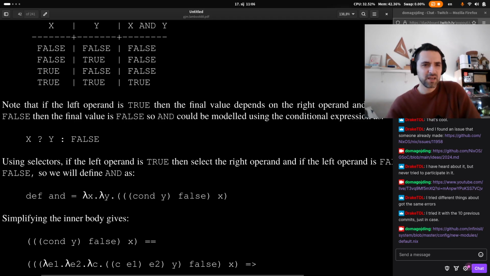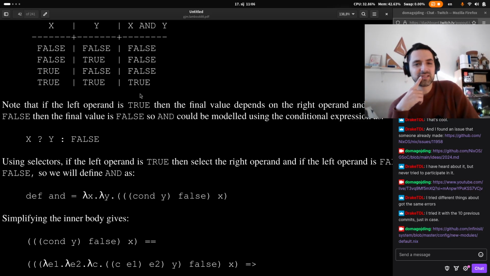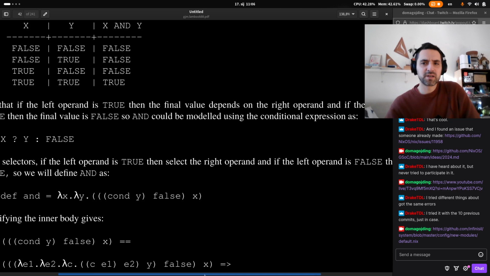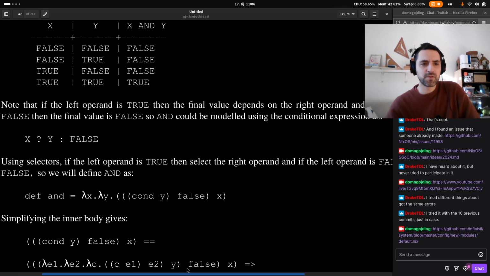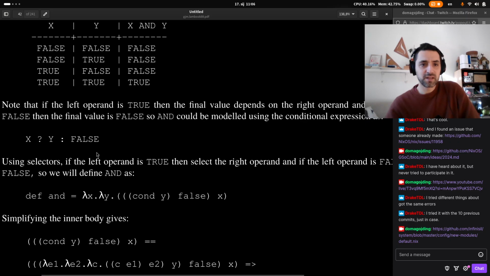in many ways. If the left operand is true, then the final value depends on the right operand. This is a nice way how to put this. If the left one is true, then the final value depends on the right operand. It's just a different way, right? And if the left operand is false, then the final value is false. Oh, look at this pattern. If it's false,